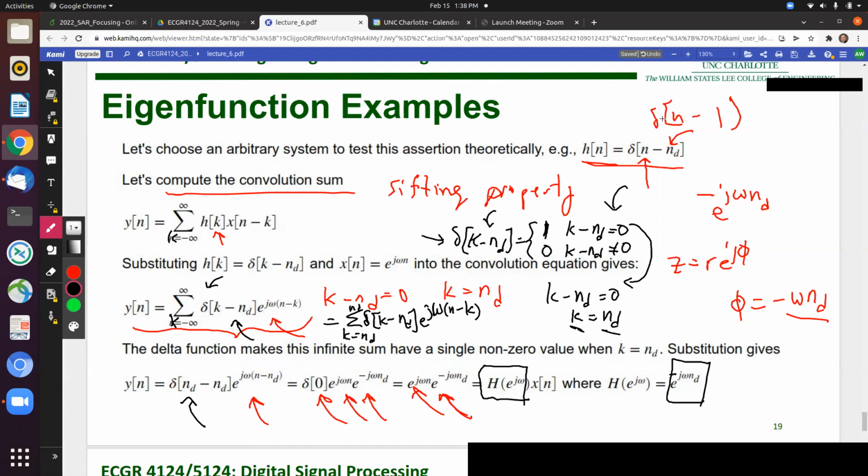For the step function, you kind of have to use the definition again. We had something like 6 minus n as a homework problem, u of 6 minus n. You kind of want to figure out when that function